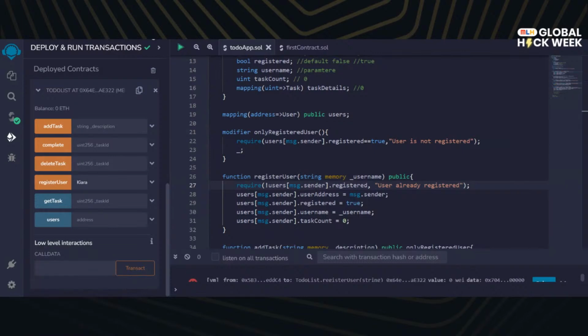So I'll share my screen. So now the first thing you have to do is create a new